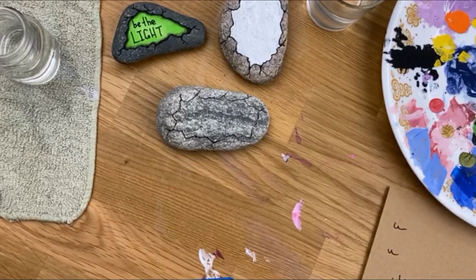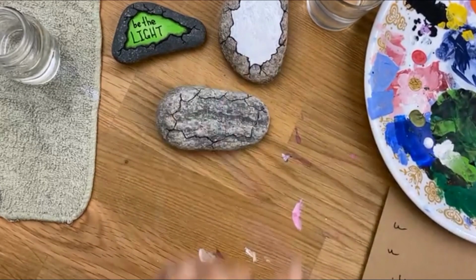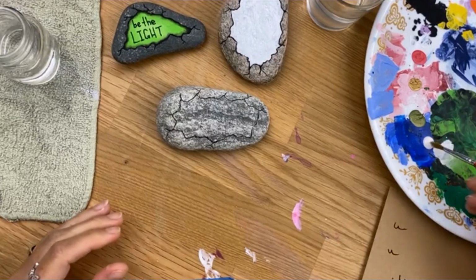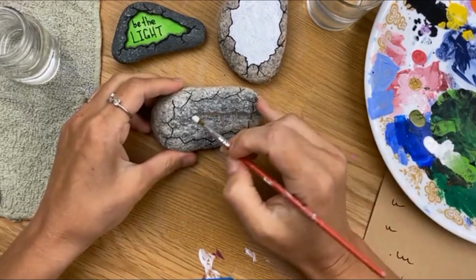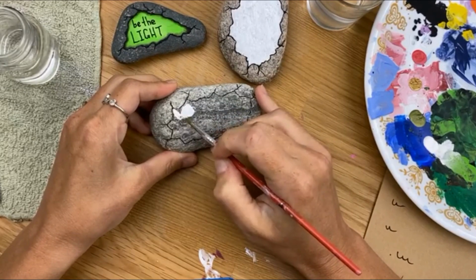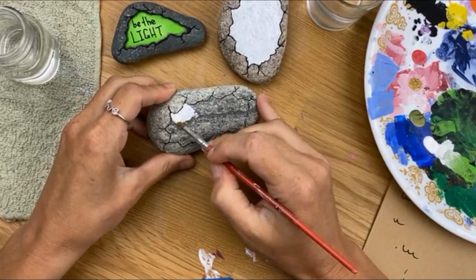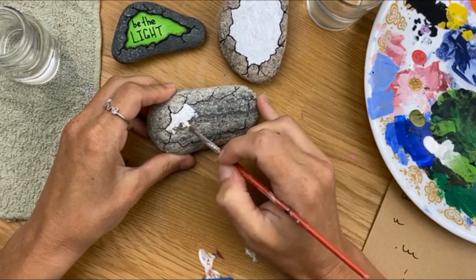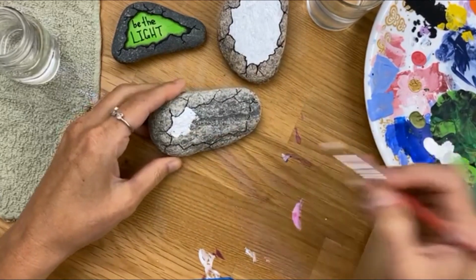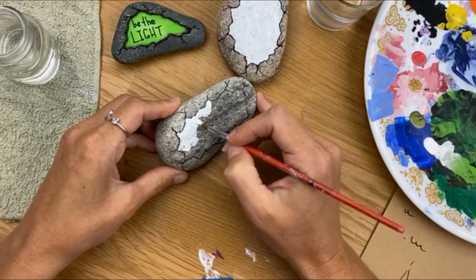So we're gonna get out some white paint here. This step is pretty obvious, as you can see my one up above here, but when you want that nice bright rock, we're gonna have Be the Light. We want our color to be nice and bright. We're gonna just do a layer of white underneath our color, and that will help it be nice and bright on our stone, especially if you're on a darker stone. It's important to get this white down first. Otherwise, you're gonna have to use multiple layers probably of your color that you choose to get it nice and bright on your rock. And I am gonna fill this in